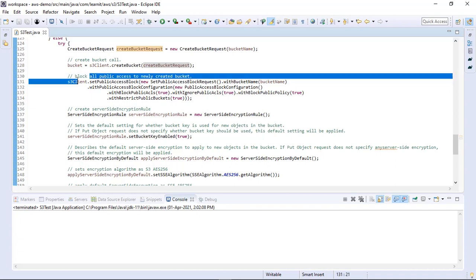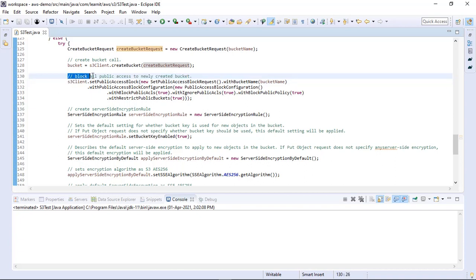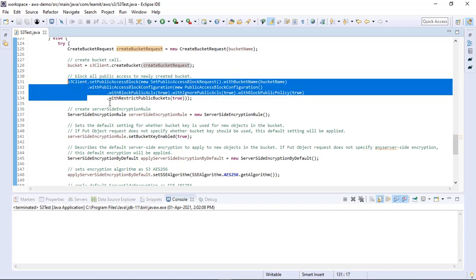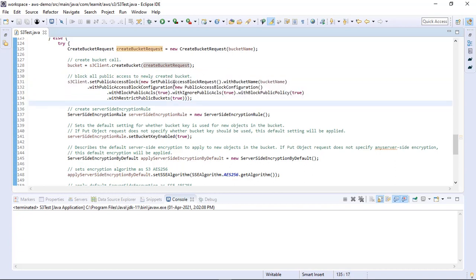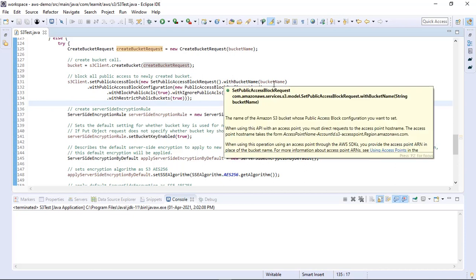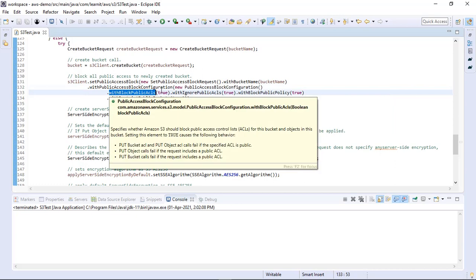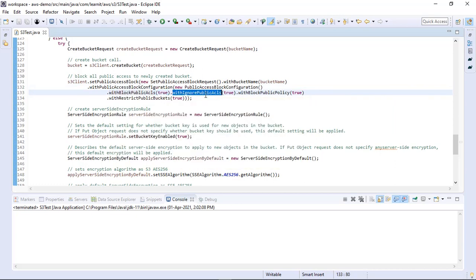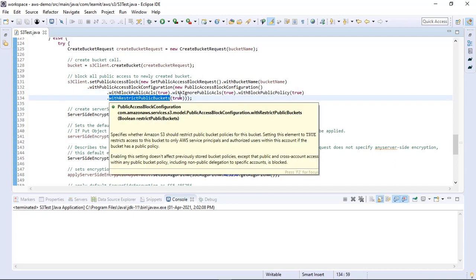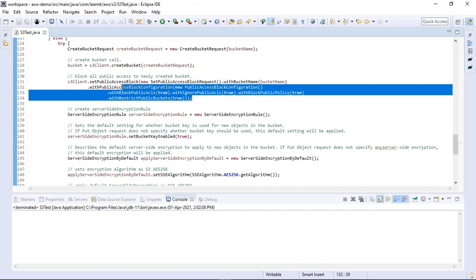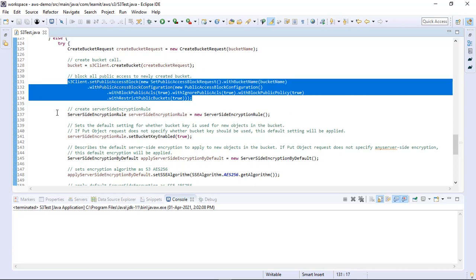request inside that. Once we get the bucket created, we have to block all the public access like we had done using the AWS console in the last sessions. So we have to block all the public actions on our bucket using public access block configuration. We can provide the flag as true to block all public access that we had seen earlier in the AWS